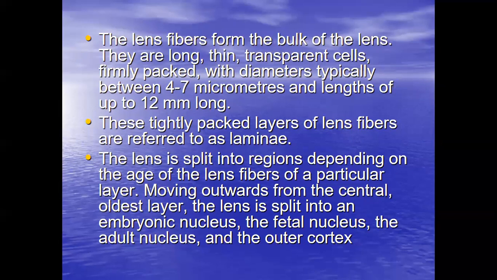These fibers are 4 to 7 micrometers wide and up to 4 millimeters long. These are tightly packed layers of lens fibers that are referred to as laminae. What is laminae? You have heard about laminae in the cornea also. Again, here you are going through the same terminology, laminae. Laminae is basically